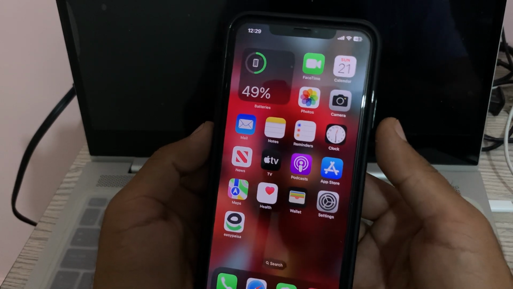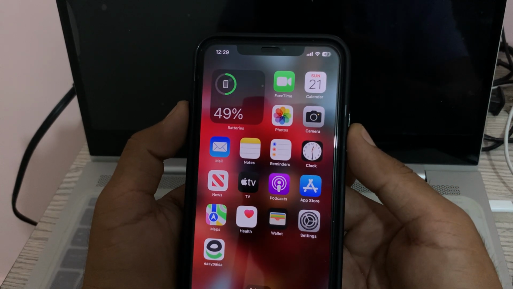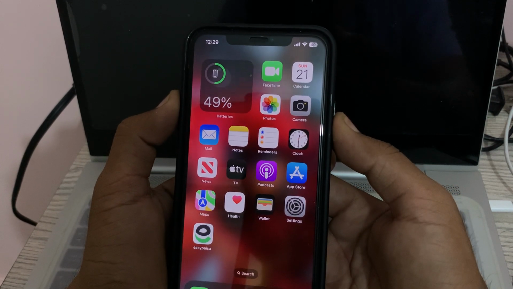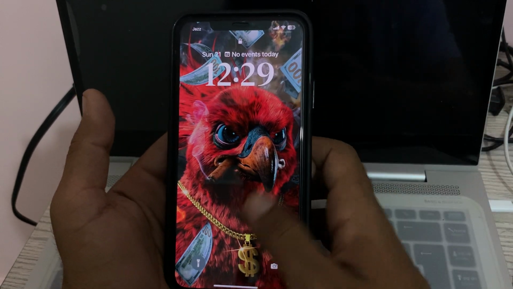So guys, restart your iPhone in the day for 2 or 5 times. So for the restart, tap on power button and volume up at the same time. So drag the slider to right to power off your iPhone. So restart your iPhone daily,